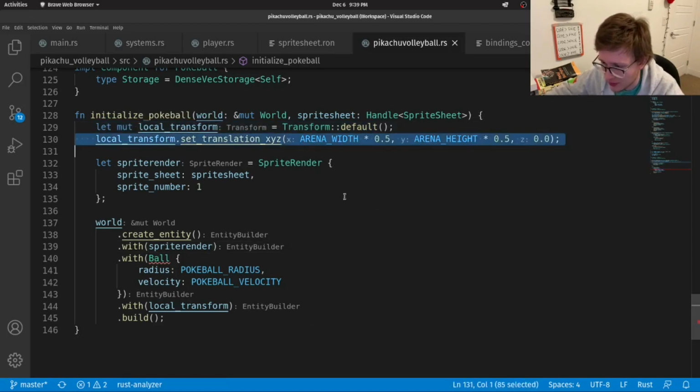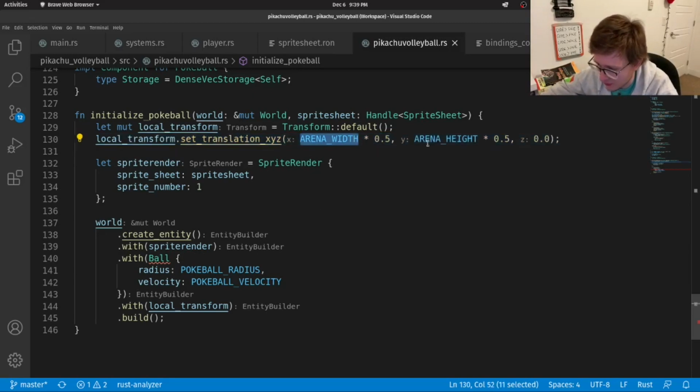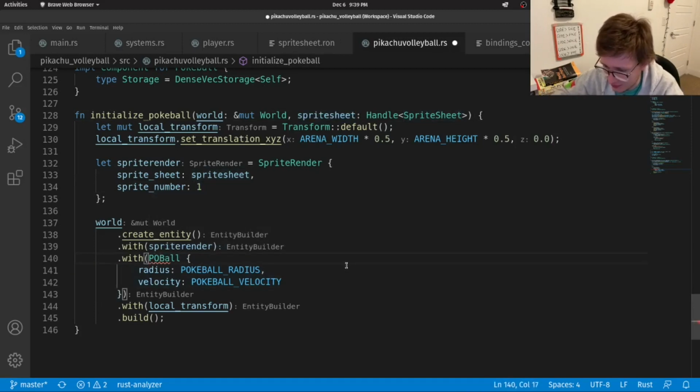We get a transform and we put the Pokeball right in the middle of the arena and at the same layer, the Z layer, as the Pikachus. So, arena width times 0.5, arena height times 0.5, that will give you the middle. Now the sprite renderer, remember before it was 0 because we're getting the 0th element. Now it's 1 because we're getting the first element. Sprite sheet is what we're passing in. We'll do the same. And oh, again, this is not ball. My bad. Pokeball.